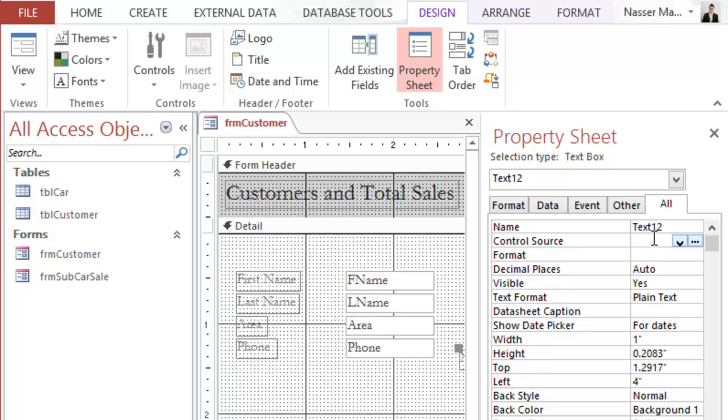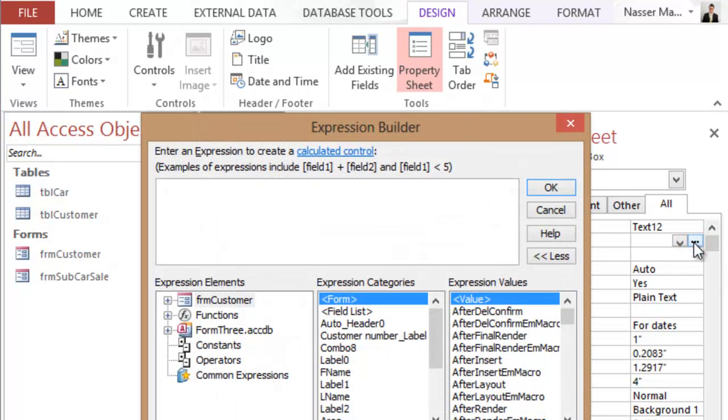Alright, now we are getting advanced. We are digging into most of the options that we have inside our database, and now we are covering the form section. So open the expression builder. To open the expression builder, you click on these three dots, and then you go to the